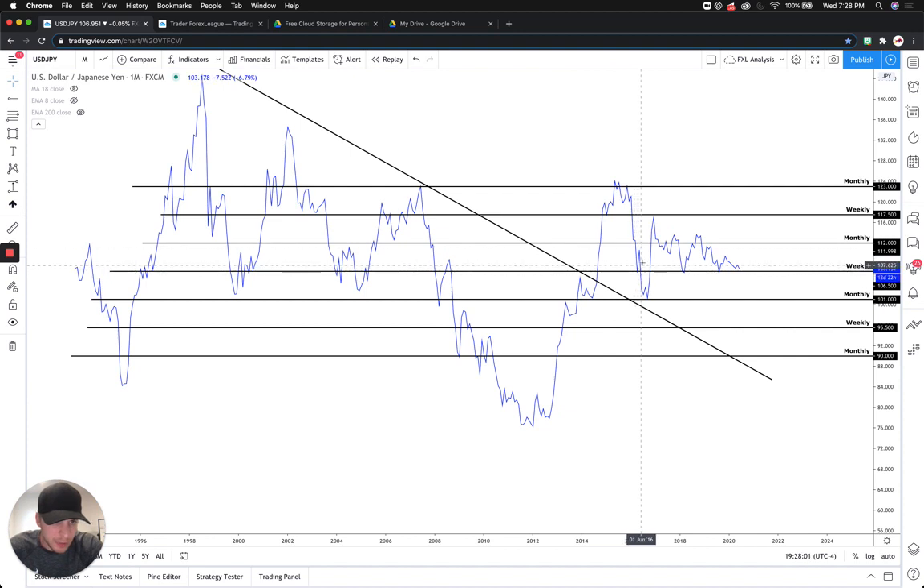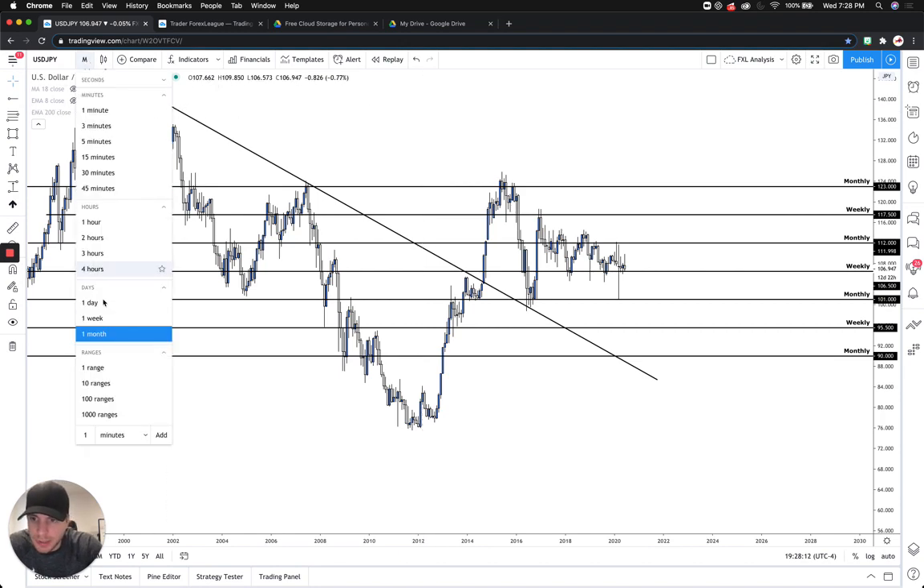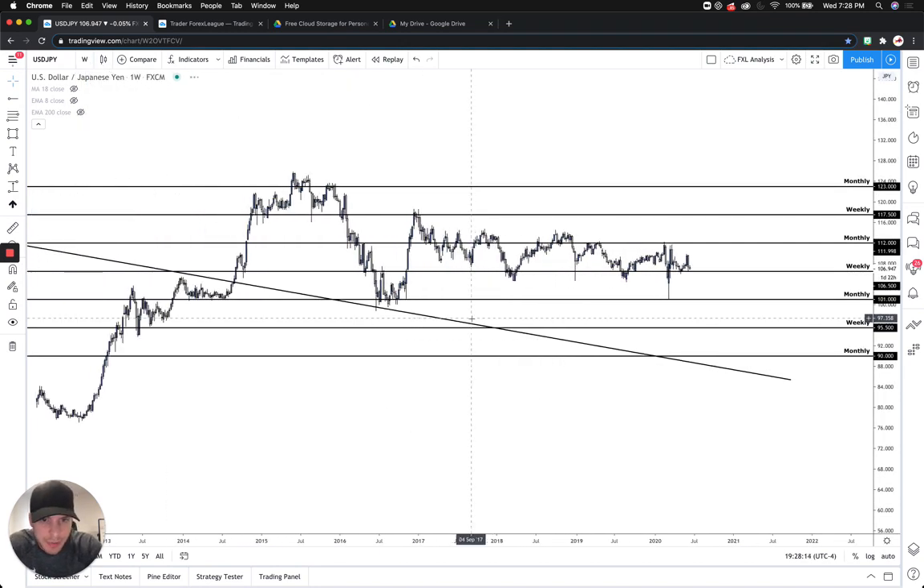Very slow, respects the weekly again, monthly, weekly, hovers around this area, kind of overlaps a little bit, hits the weekly. So this is good. It's looking pretty damn good so far. All right, so now we can drop down to the weekly, try and identify any patterns, any zones we should